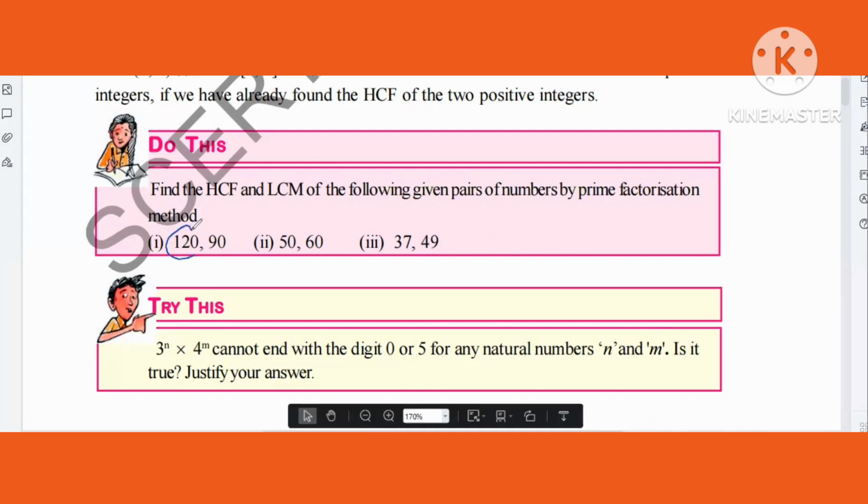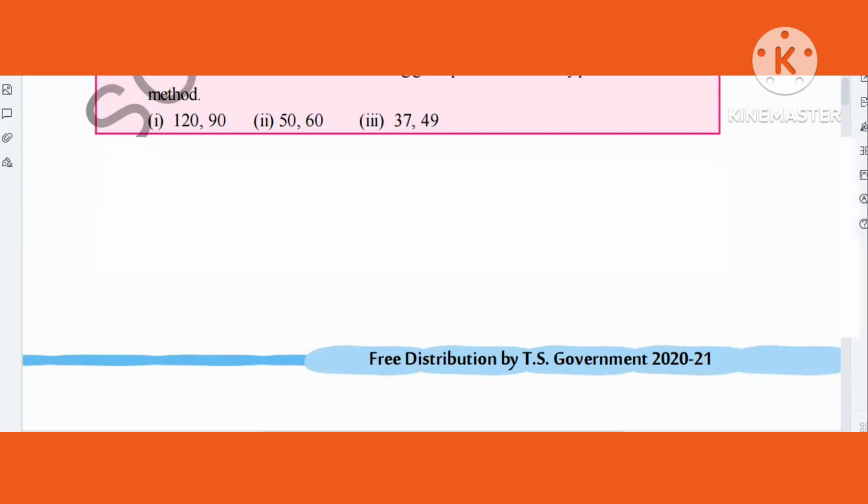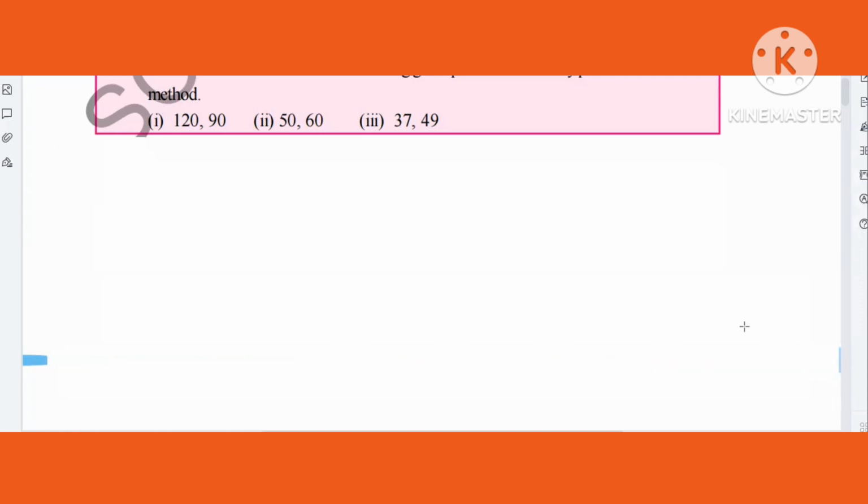So the numbers given are 120 and 90. Yes, so I'll explain this question. Still, if you have doubt, you can see this explanation. So I'm taking 120 and 90. First of all, I'm taking 120. So here